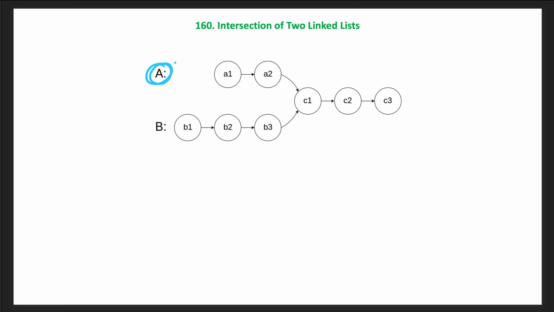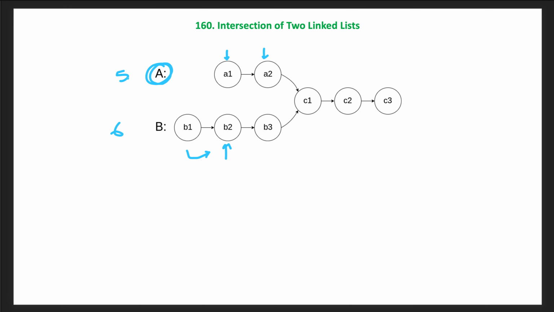So the length of the list, this list A1 then A2. If we find the length of list A, which has 5 nodes, and the length of list B, which has 6 nodes, then whichever is maximum, we will update the pointer of that list that many steps. So 6 is greater than 5, so we will update the head pointer of list B.